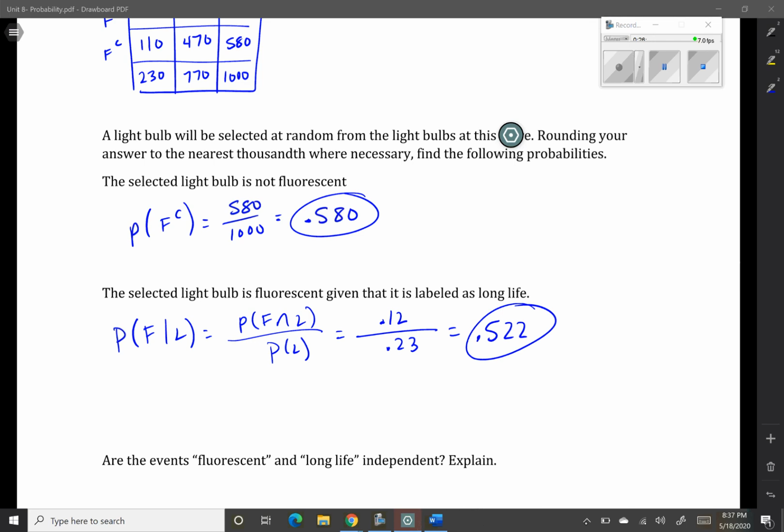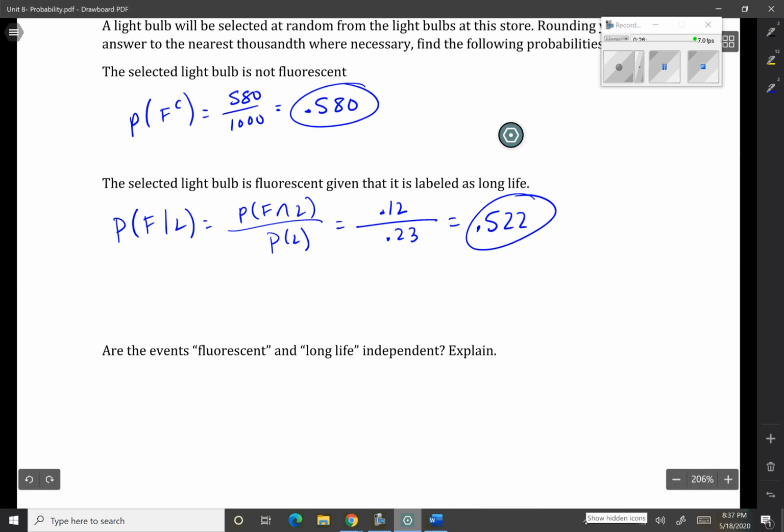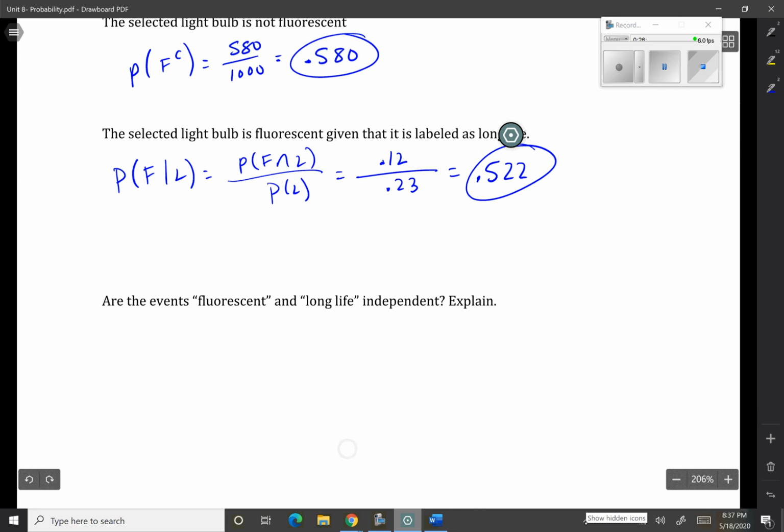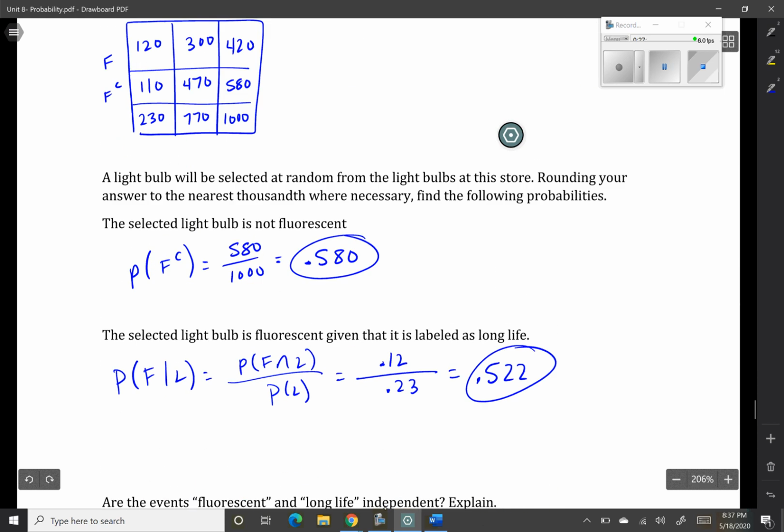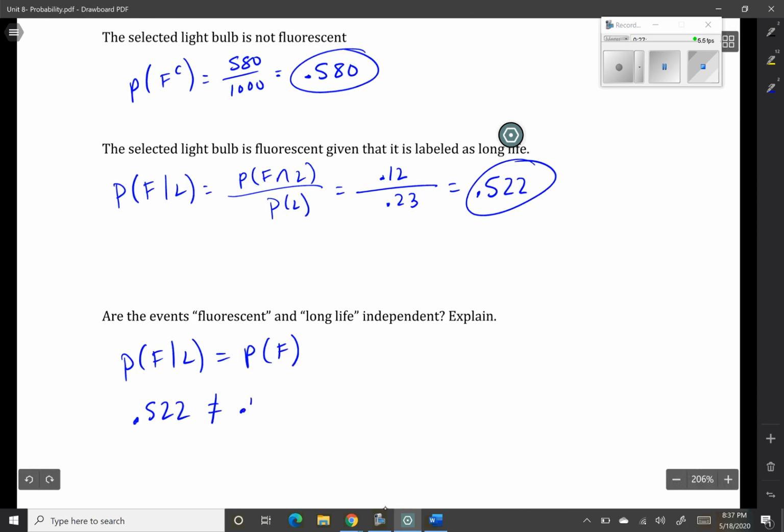Then, are the events fluorescent and long life independent of each other? Well, since we've already found the probability of F given L, let's see if the probability of F given L is the same as the probability of F. Meaning by introducing L, the probability changed or didn't change. Since I already know the probability of F given L is 0.522, and the probability of just being F was 0.42, we can see that there is definitely some dependence here. So these are not independent,